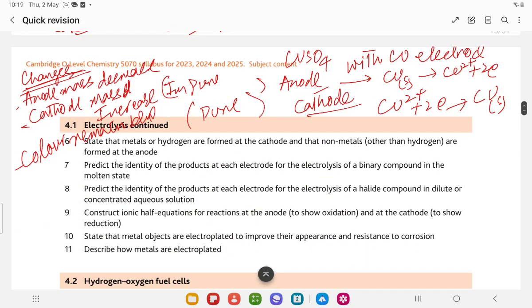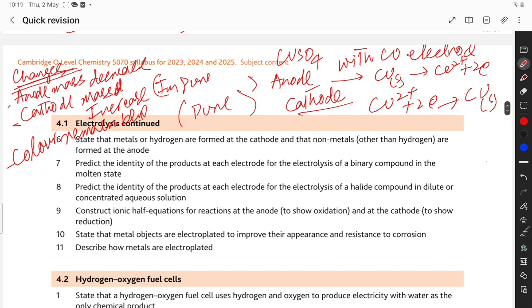Now, state that metals or hydrogen are formed at the cathode and the non-metals other than hydrogen are formed at the anode, because positive ions are reduced at the cathode. For example, molten lead(II) bromide, PbBr2: bromine gas is formed at the anode. This is the anode product, bromine gas, and the cathode product is